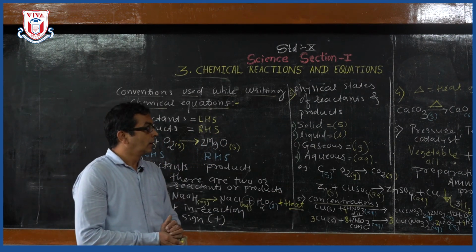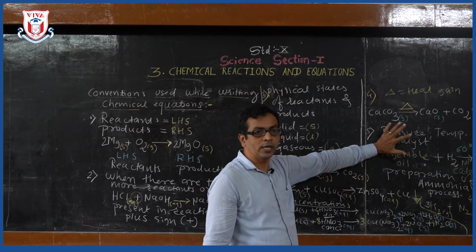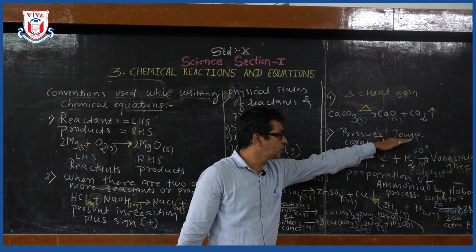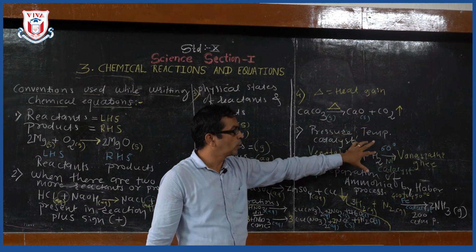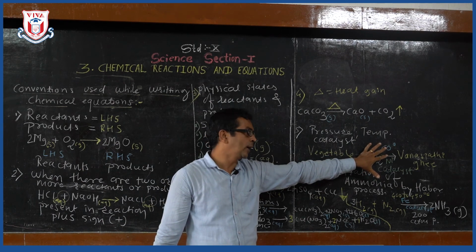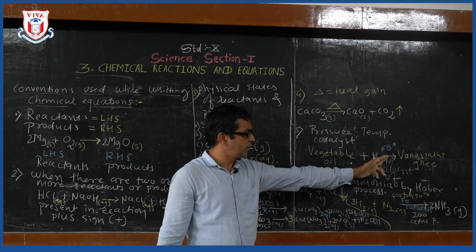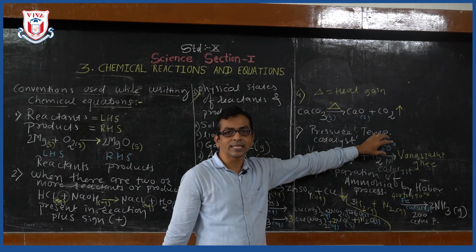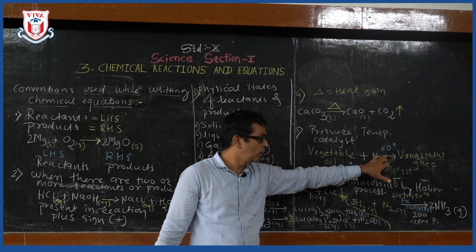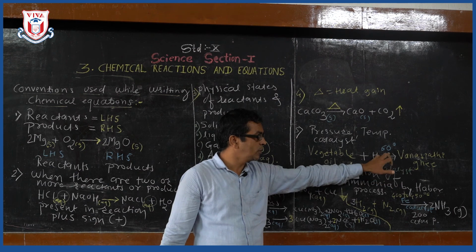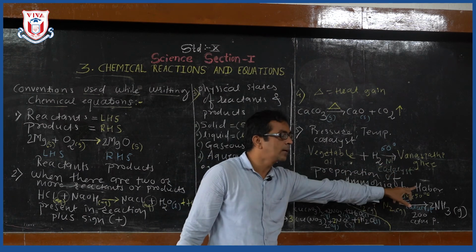Okay, then there are some reactions which are carried out in the presence of a particular temperature, pressure, or a catalyst. So this temperature, pressure, catalyst you have to write on the headed arrow. So let's say an example: vegetable oil, when hydrogen is added, it is converted to vanaspati ghee. This reaction is carried out at 60 degrees Celsius. So I wrote 60 degrees on the headed arrow, as well as nickel as a catalyst, which I wrote below the arrow. Or you can say the preparation of ammonia by the Haber process.